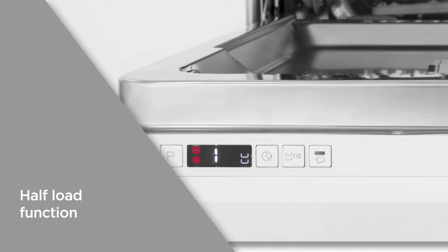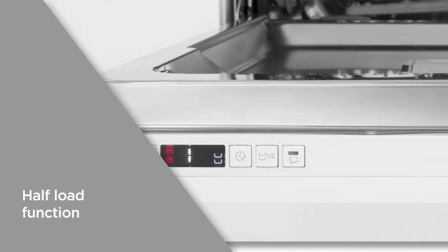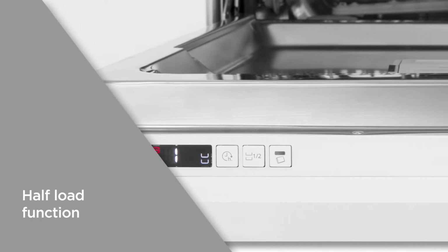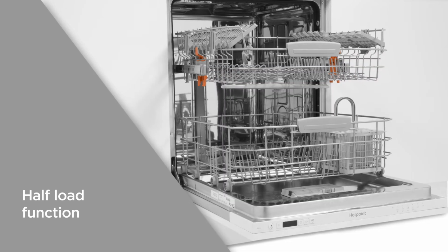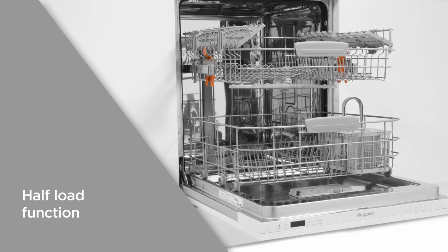The half-load function allows you to run a mini cycle which uses less water than a full load and is rated A++ on energy efficiency. Ideal when you don't have enough for a full load, you can get your dishes clean without wasting energy or